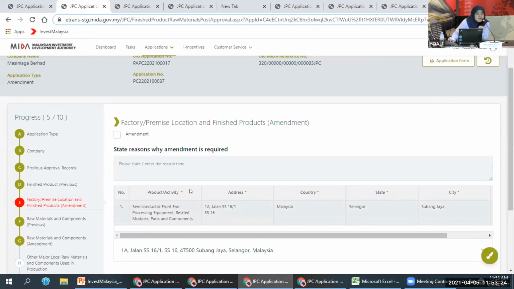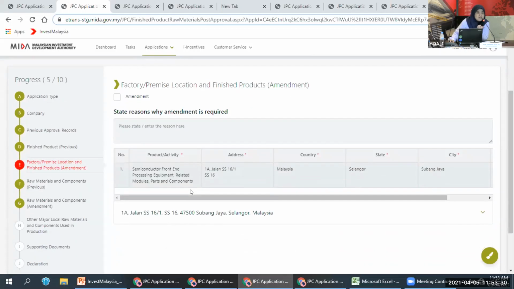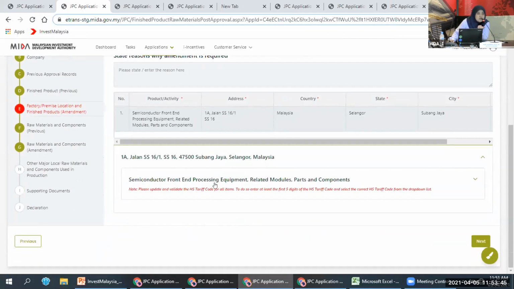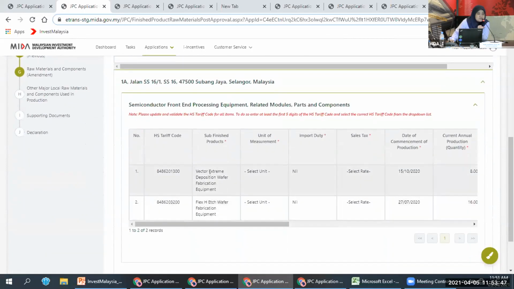If you do not require any amendment on the location or finished product, you can skip this section and proceed to the next. If you want to amend the factory location, you select this checkbox, and then please provide the reason why the amendment is required, and accordingly you can amend the location, or you can amend the finished product. So this is the section where you can amend the finished product.